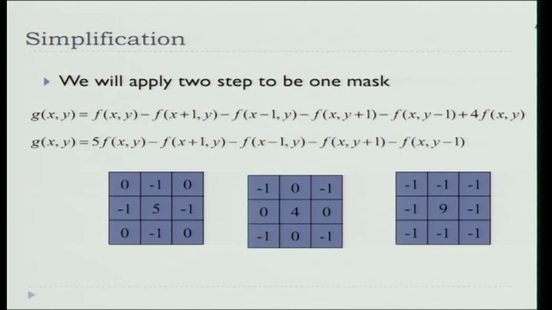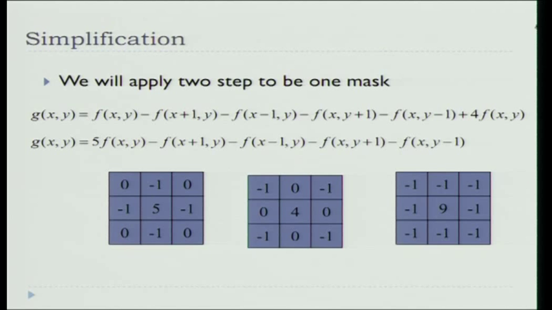One thing you should remember is that the sum of all the coefficients gives you the value 1. This gives you the idea that brightness is retained, that is, the average brightness of the image will be retained. That is from the definition we discussed earlier.